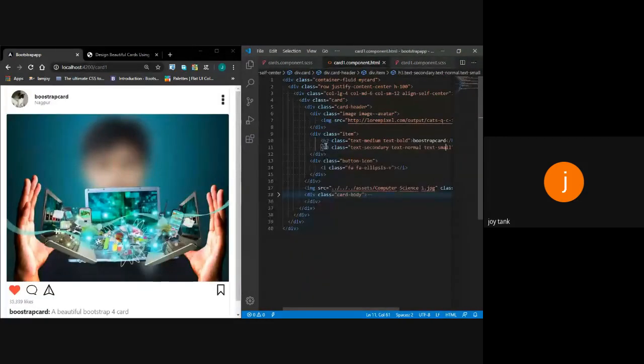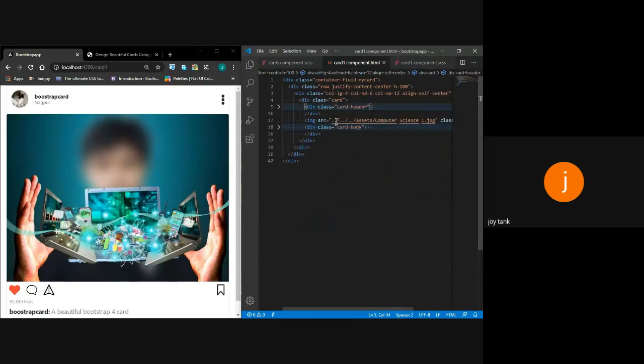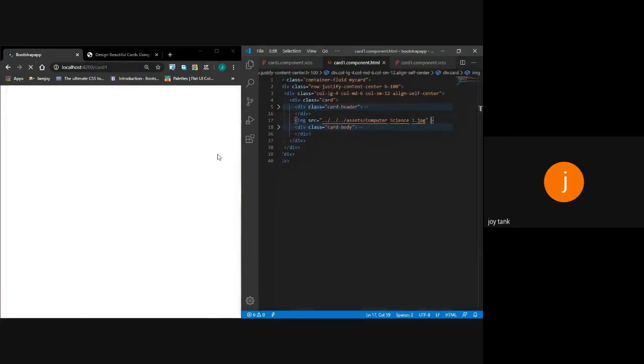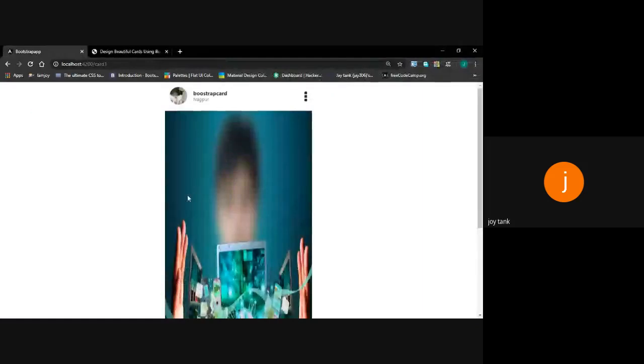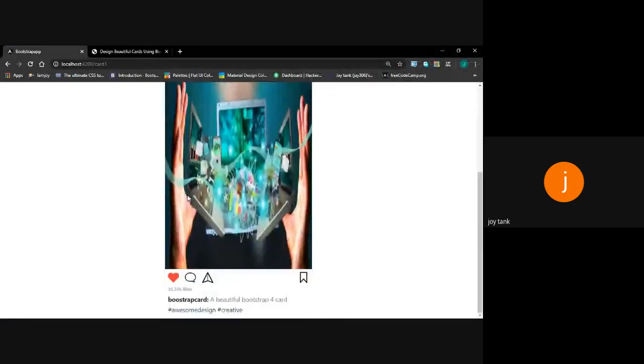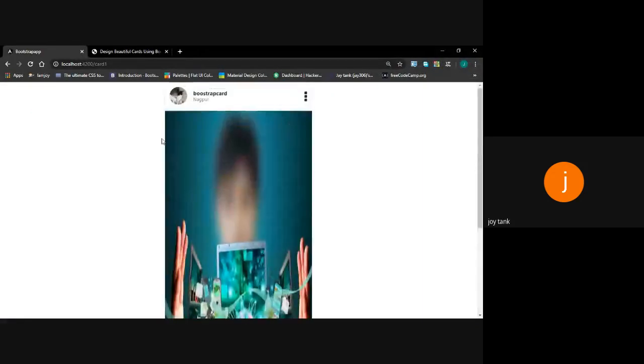Now below this card header, I want an image. So I have placed an image within this container and I have used a predefined class called card image top. What does this card image top do? You can see that the image has taken the whole original width of the image instead of the width of the card, so I don't want this.